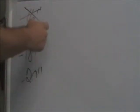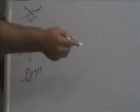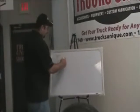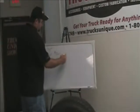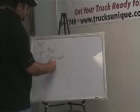Pricing-wise, wheels and tires, the bigger the wheel, the bigger the tire, the more expensive it's going to be usually. On average, you're going to go anywhere from $50 to $75 up each wheel size. So if you have a 17-inch wheel, say it's $150, you're going to go up to an 18. It's going to be probably at least $200 to $225. And if you do a 20, it's going to be $250